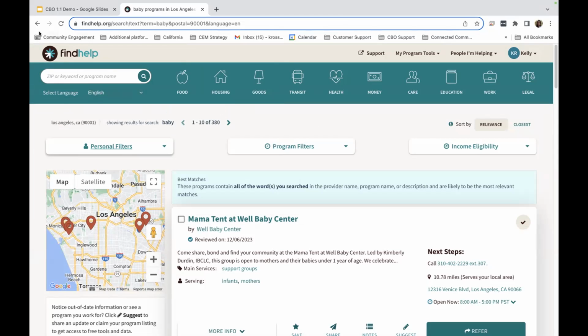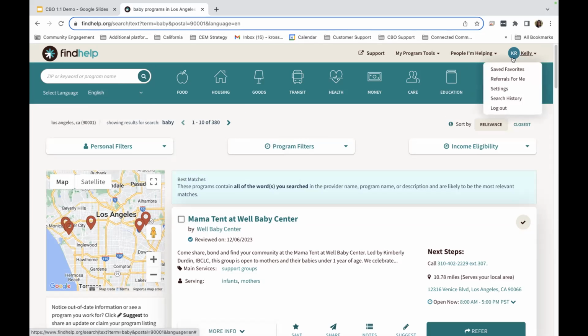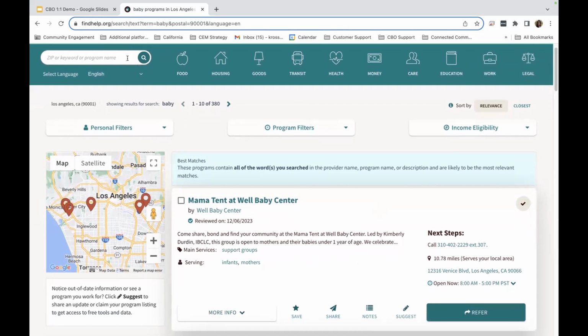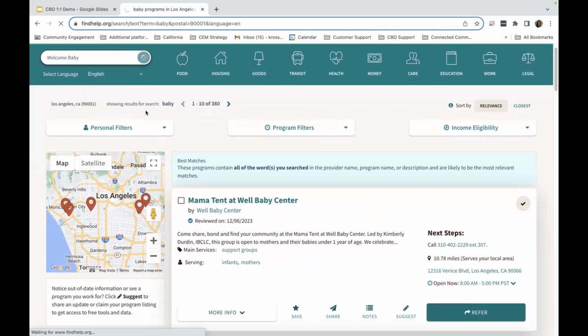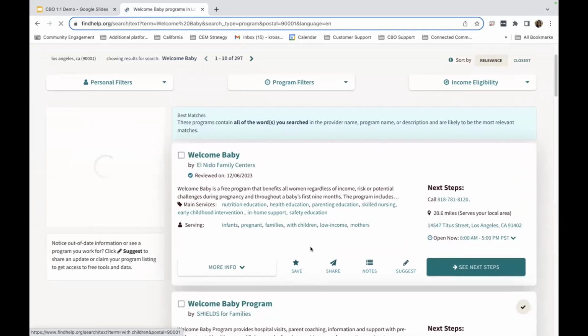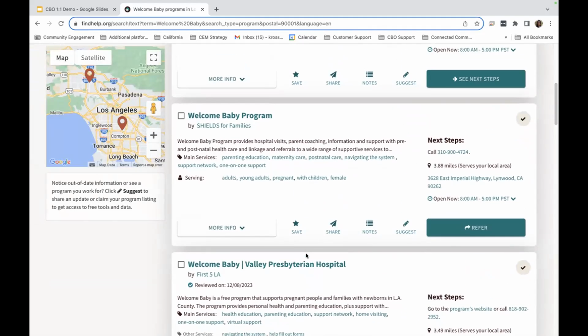Yeah. Oh, sorry, I was just going to say, I see Melina had her hand up there too. And now it's down, I think. Yes, okay, thank you. Steve, sorry, I know that you were speaking, it just prompted me. When we search for Welcome Baby specifically, all the different programs show up. Some are specific to agencies or specific to hospitals. Is the idea for each individual agency and program to manage and claim, to use your language, Kelly,